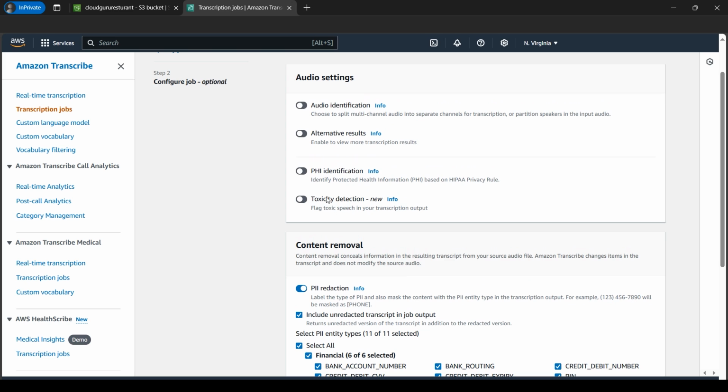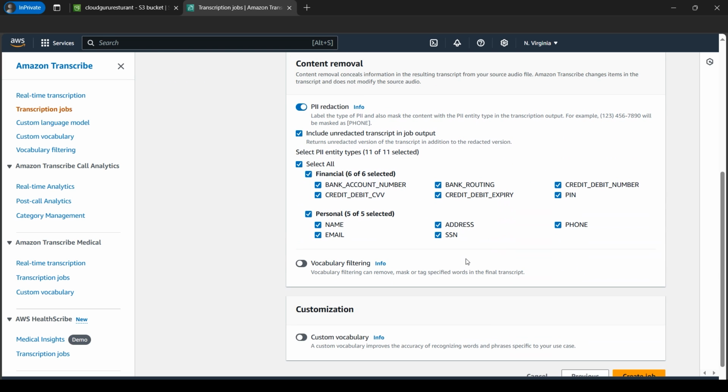There are also tons of options, like if you want to redact PII, PHI, health related things, toxicity detection, like some hate speech. If you want to minimize those, that can also be tackled using Transcribe. So for simplicity, since we are just focused on PII redaction, personally identifiable information, which is what PII stands for, I'll